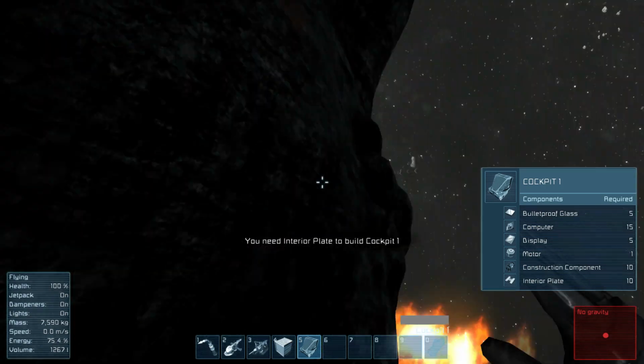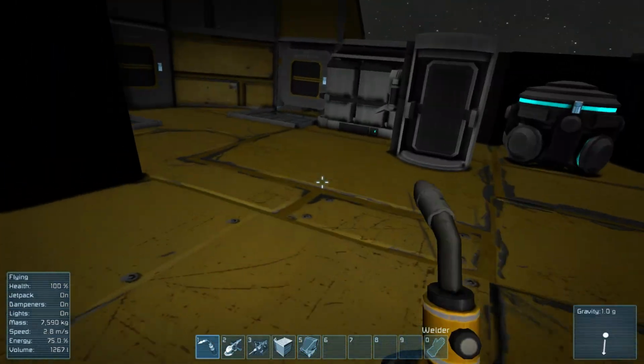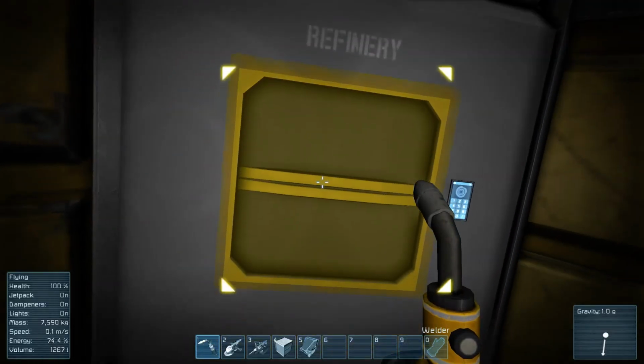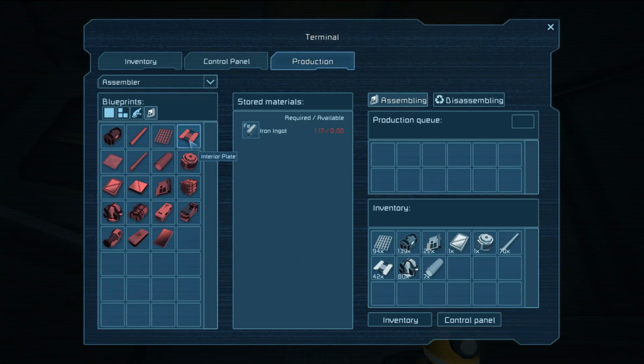Derp derp. Neat interior plate for that. Ooh, interior plate, you say. Almost be something more expensive than normal. Let's throw our iron in here and create a bunch of that, so we can go up to our assembler and go to interior plate. And it should suck it from the